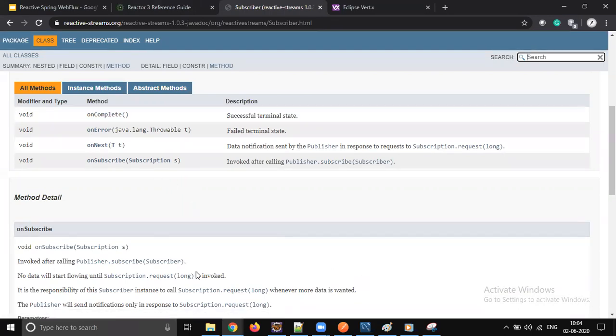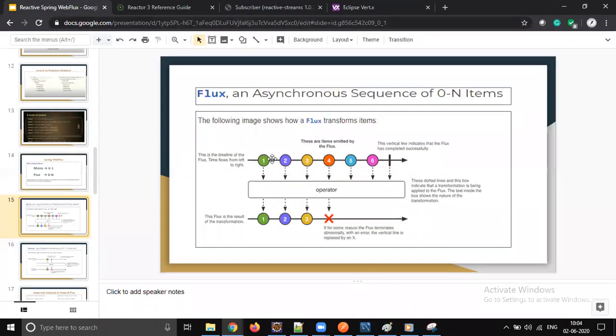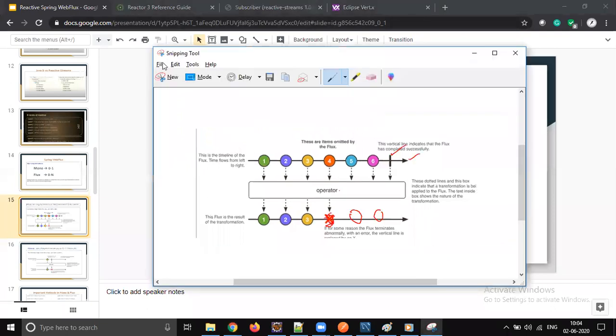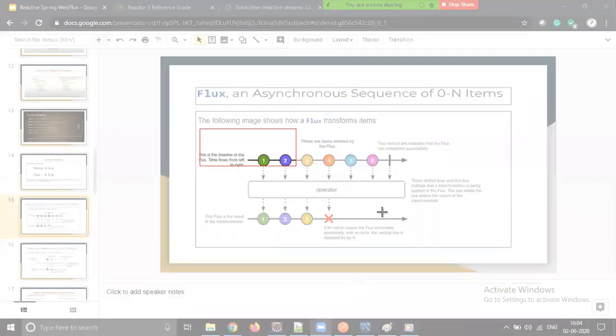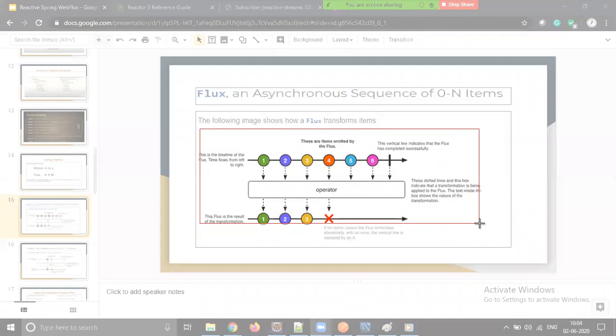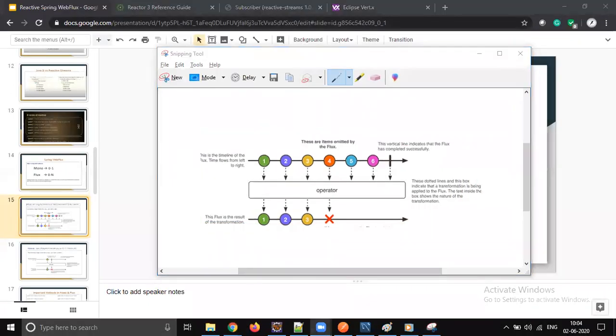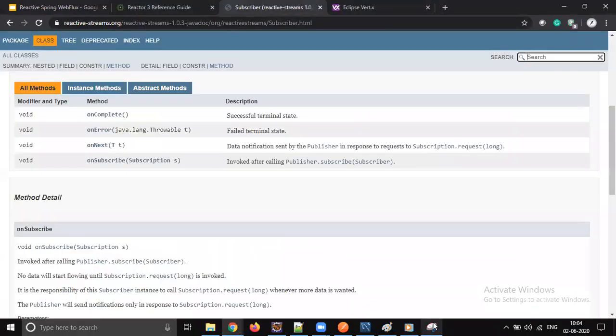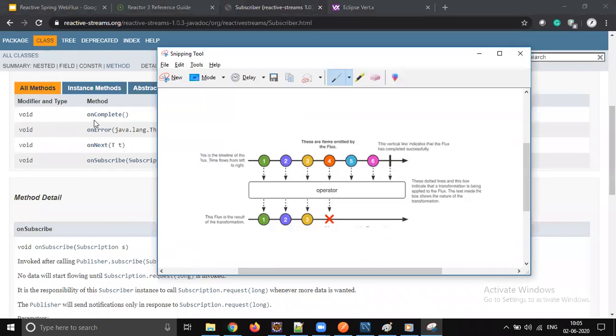If there is an exception, so now let's go to the diagram, right? Let me take it freshly. Now you see when these events are going to be triggered, at what time. Last 2 minutes and I will close. Compare these methods with these events. onComplete is this one, and onError is this one.